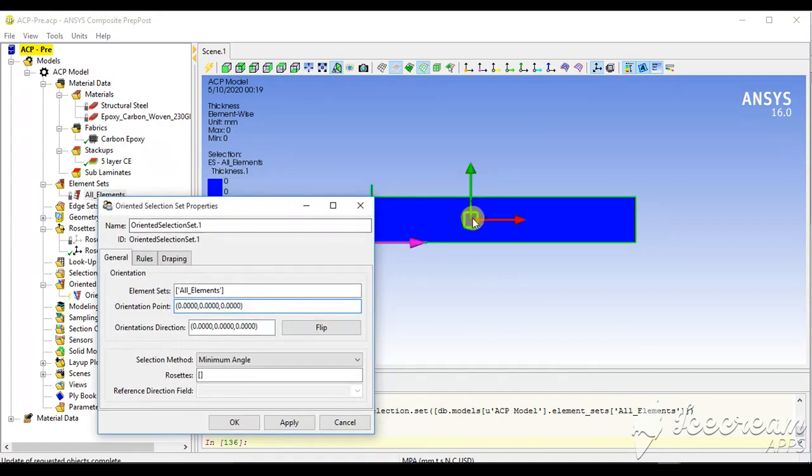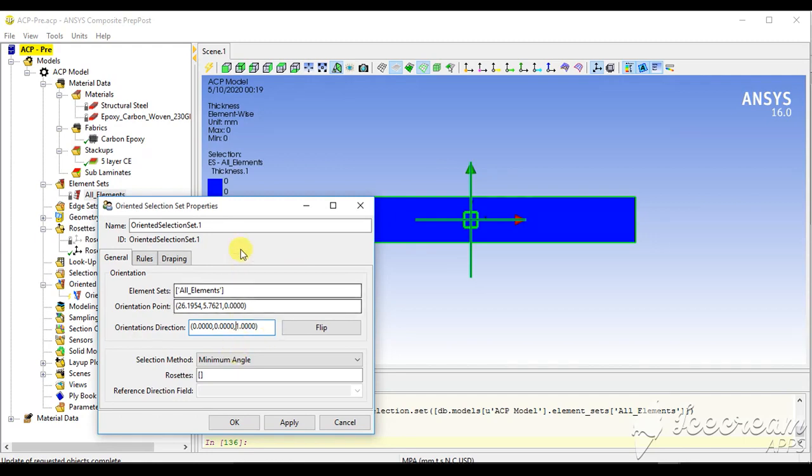The orientation point, you can click here, and then you have to click the orientation direction, the direction in which the laminate will be placed. So if I put it as 1, it will be in the plus z direction, and I can keep it as -1 for minus z direction.